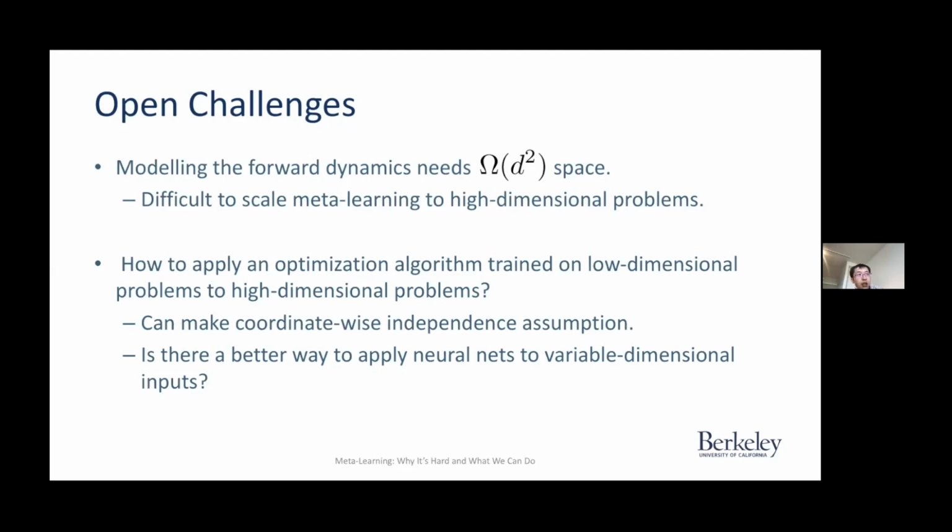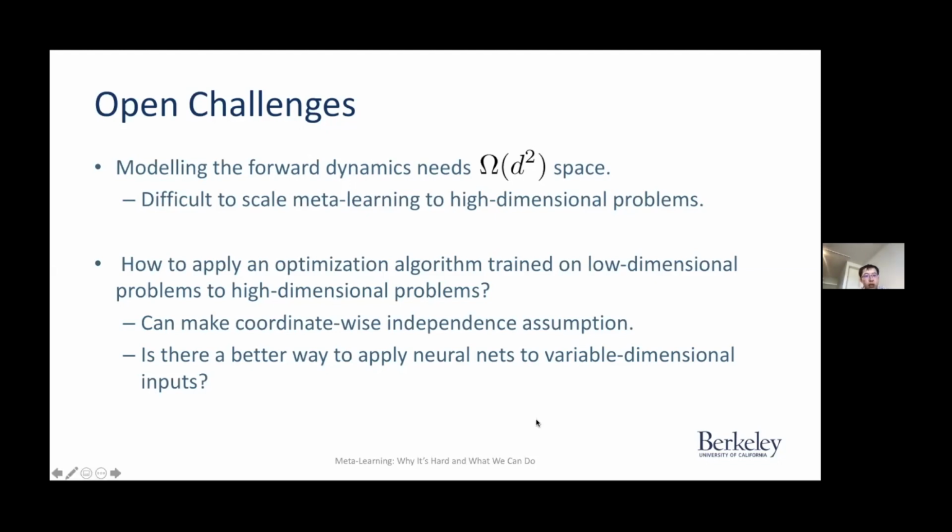It is not such a bad assumption if you think about, for example, a lot of methods that are only coordinate-wise, right? With adaptive gradient methods, for example, most of the time the updates to a particular coordinate would only depend on the history of the gradients in that coordinate. But then obviously you hope that you will be able to do something like second order methods, and that's a setting where obviously this assumption wouldn't hold.